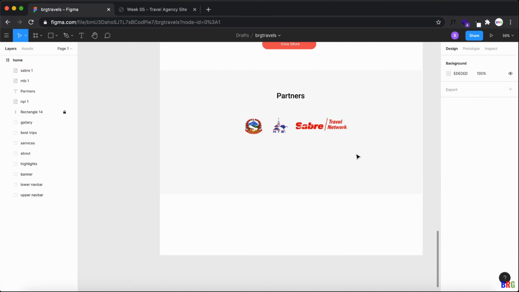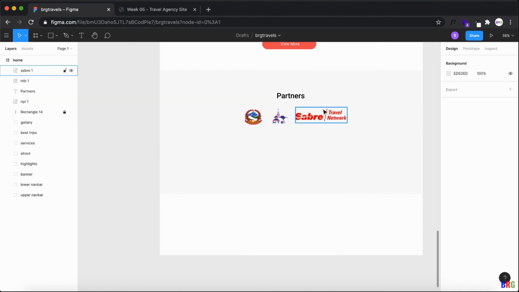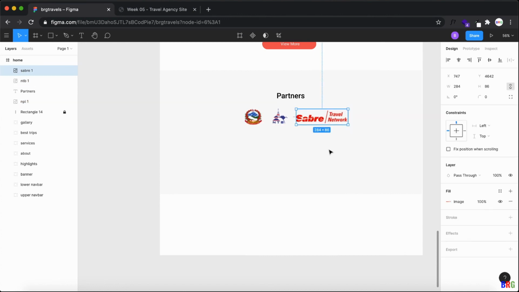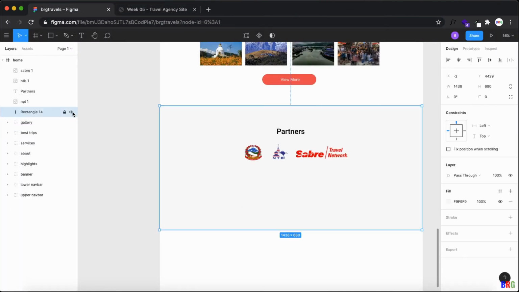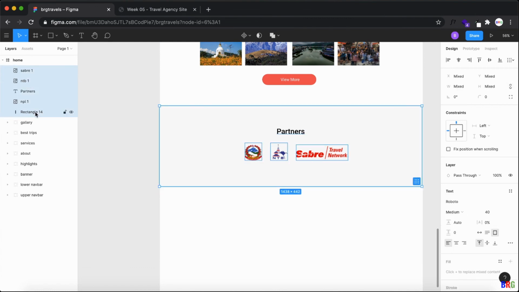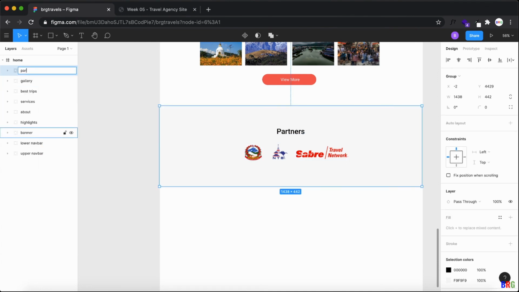Then just select, and you can adjust the height and width of all the partners. Now partners is ready, and you need to unlock this to adjust the spacing, then select all and Control G to group it as partners.